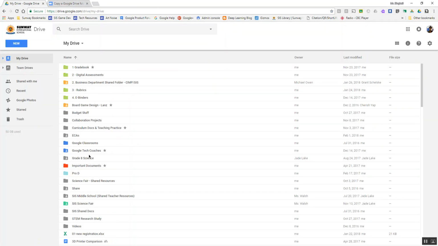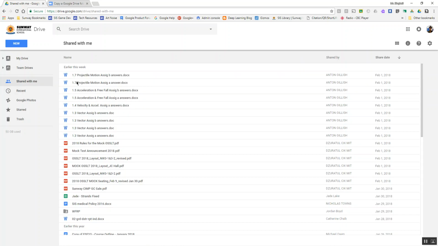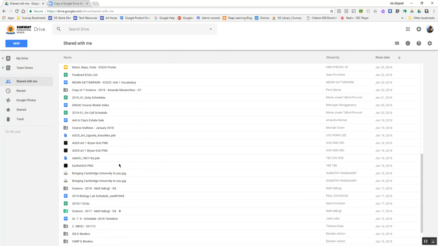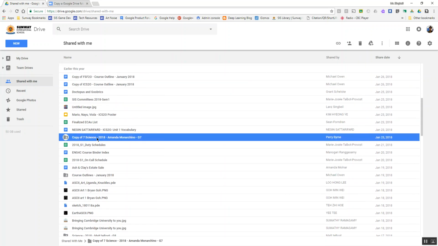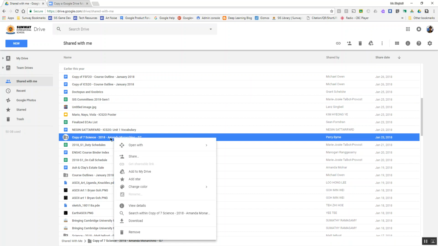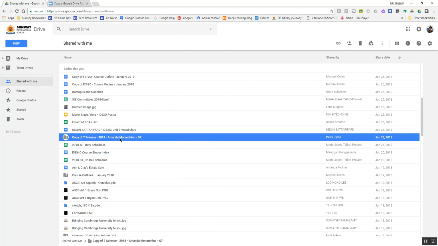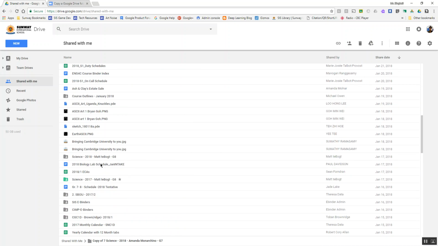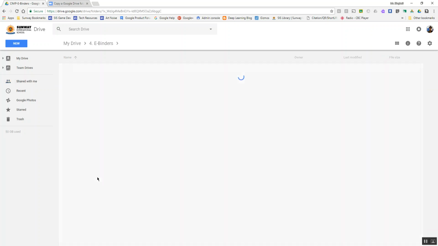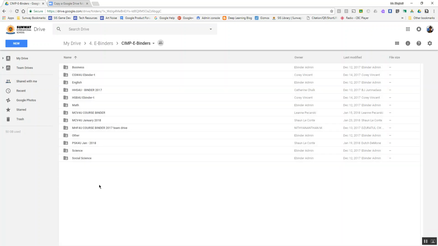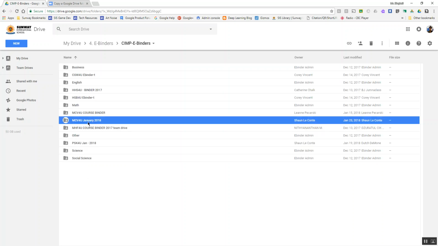So let's say we know where our binder is, or maybe even it's been shared with me. So maybe I have a binder in the shared with me section, like this one, for example. And I want to copy it. Well, I can add it to your drive. You can add it to your drive, and then you can navigate to it that way. And depending on the share settings, for example, the CIMP e-binders have been shared. And in here, I have all of the previous e-binders. And I could take any I like, and I should be able to